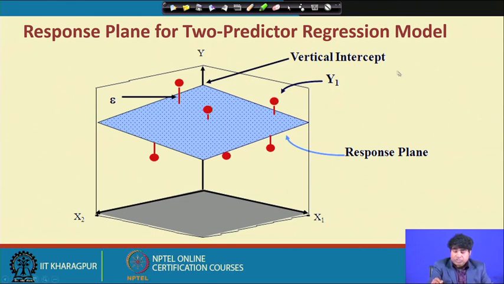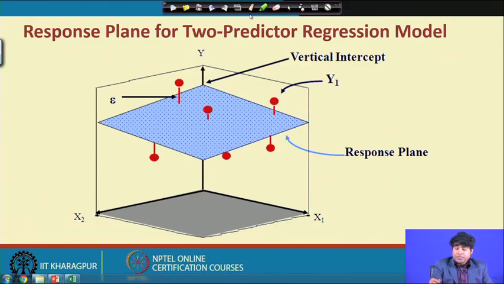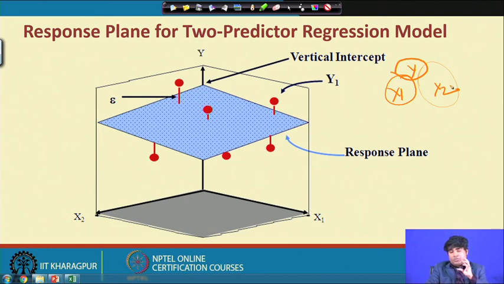When you are dealing with two independent variables, typically this is the y variable, and it will be reflected by two independent variables, that is x 1 and x 2. That is how the game is all about. Since we are dealing with two independent variables, there should not be any relationship between x 1 and x 2. If there is a relationship between x 1 and x 2 while predicting y, it will again be a problem, which we will discuss at a later stage, but in the meantime,